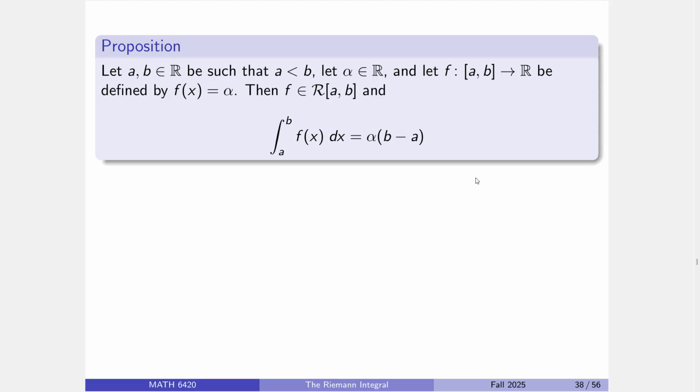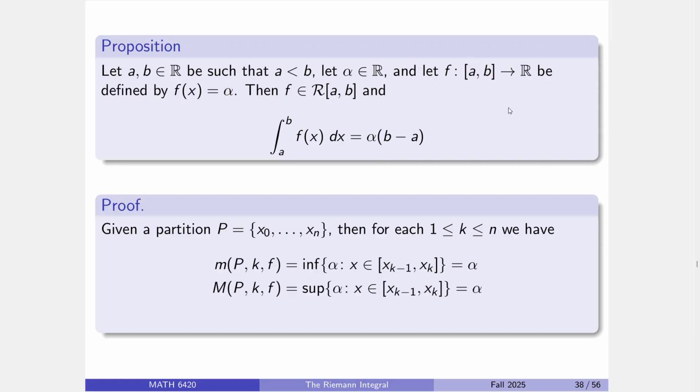So first of all, let's prove that a constant function integrates to what you think it should integrate to, because a constant function would be representing the area of a rectangle, so it should be the base times the height. Here the height is alpha, the width of the base is the length of the interval, and indeed, we can make this work out. So, given any partition, the lower and